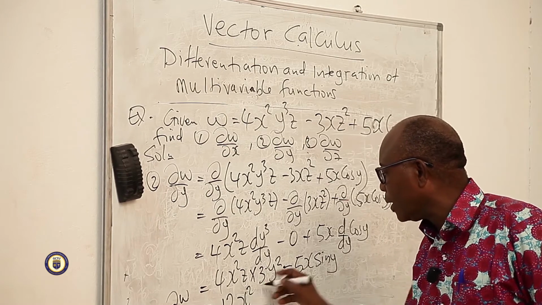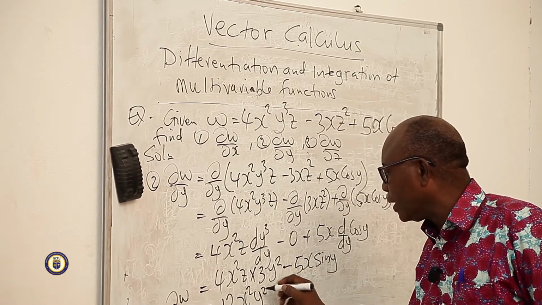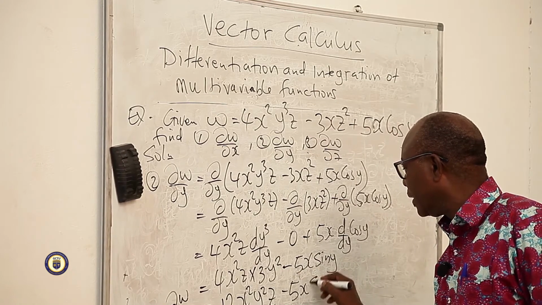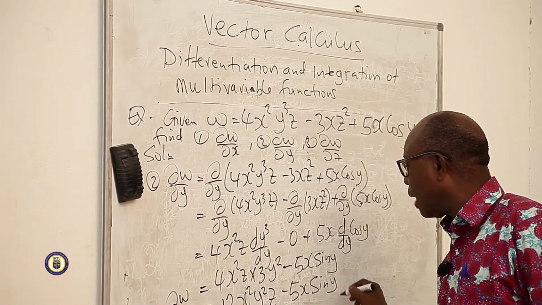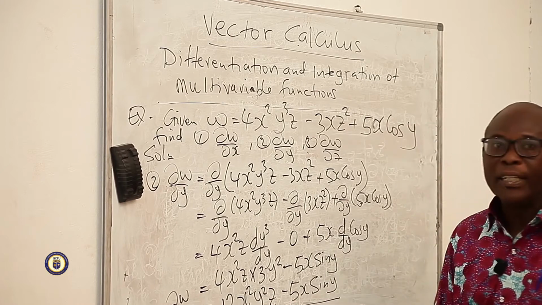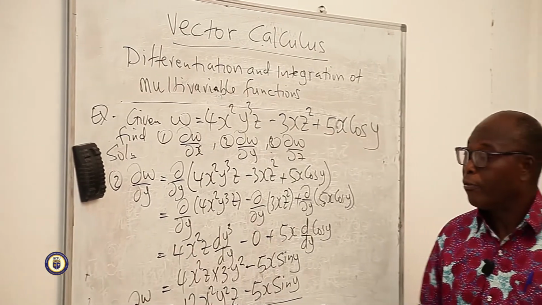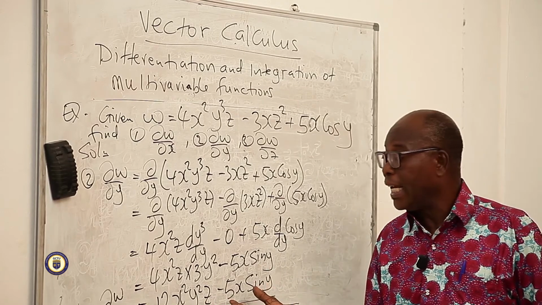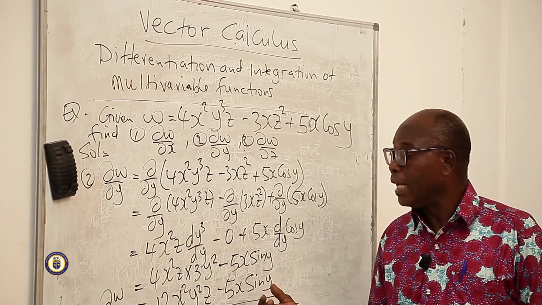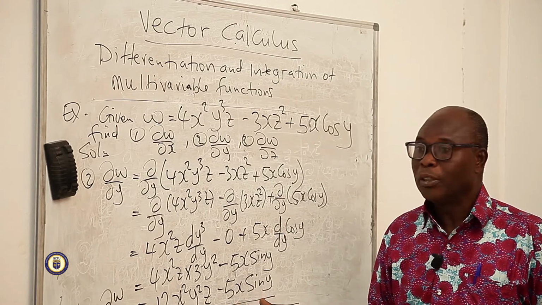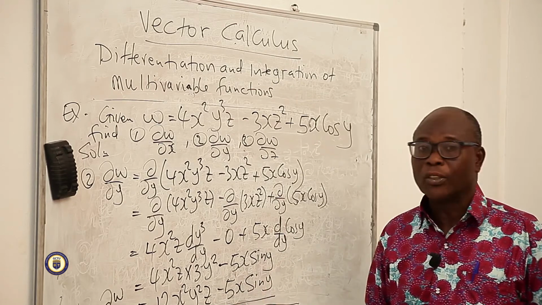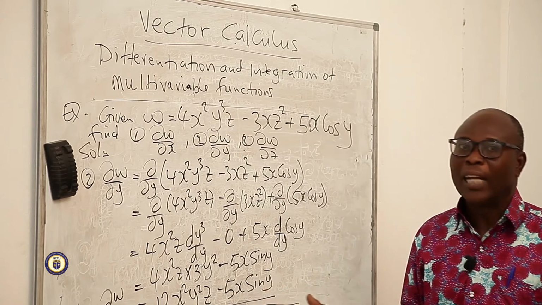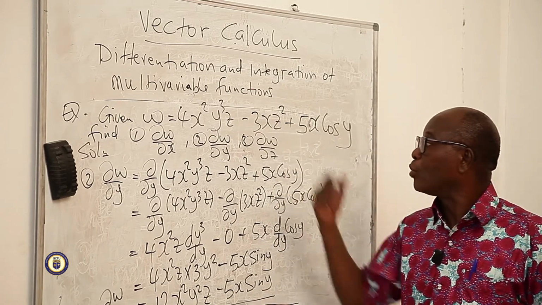12x squared y squared z minus 5x sin y. So that is how we do the partial differentiation of w with respect to y. Like we said earlier, all other variables become constant. We treat them as constant, which is x and z. So we'll move to the last one, where we are asked to